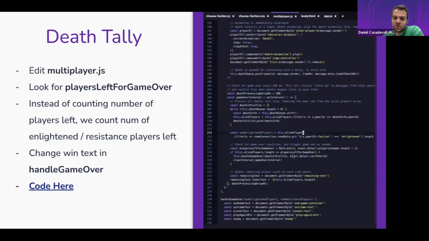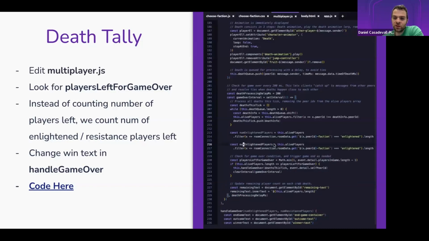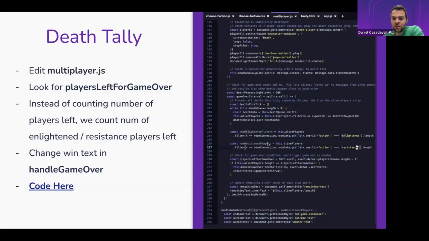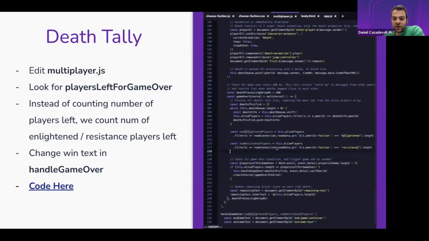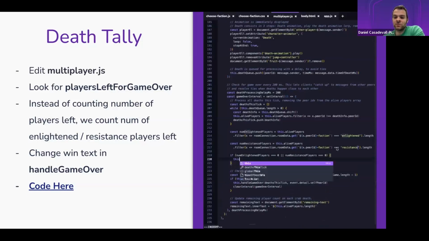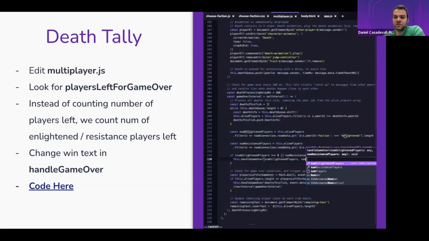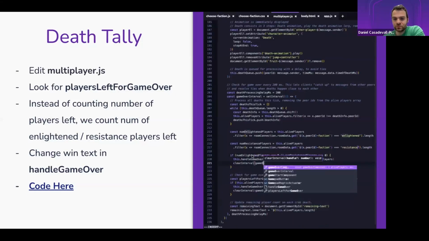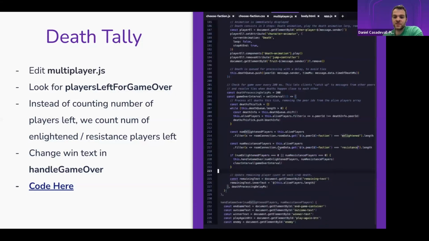This method here used to just count, is there only one player left? Now, instead, we're going to count the number of enlightened players. We're going to count the number of resistance players by going through the room data and seeing how many of the alive players have the resistance faction, how many alive players have the enlightened faction in the room data. And then that's how we get our number of enlightened and resistance.